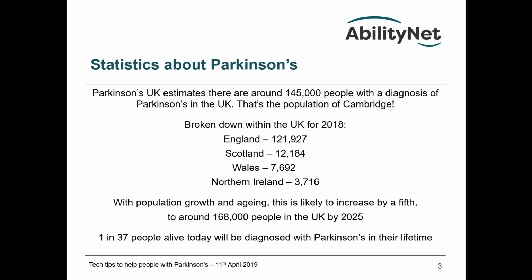Now that's the population of Cambridge, so we're talking about a fairly small city, but a city nevertheless. And as you can see, England has the most with 121,000. Scotland has 12,000, Wales has 7,000, and Northern Ireland has just over